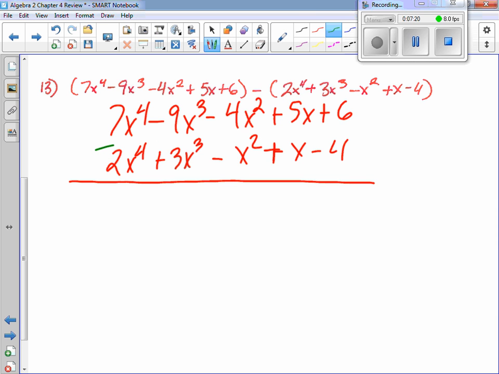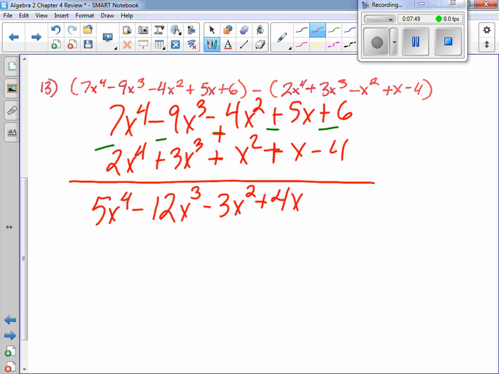So each one of these terms I'm going to combine. 7x to the 4th minus 2x to the 4th. Negative 9x cubed minus 3x cubed. Negative 4x squared minus negative x squared. Well, the negative and negative would make a positive. Five x minus x would be plus. And 6 minus negative 4, well, negative make positive, which gives us